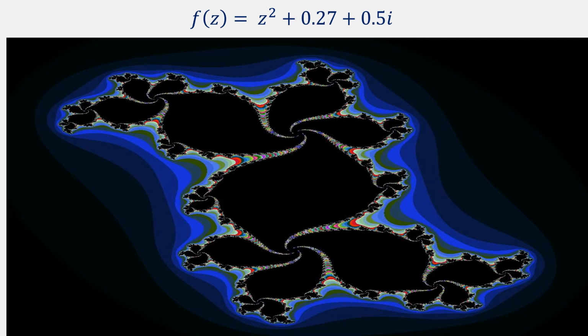So here's an example. Here we have the complex function. We square the input number, and we add this complex constant value in. And when we plot that, the outcome is this form here. So we have the same self-similarity structure that we had with the Mandelbrot set. This object is identical to that object. This object identical to that object. This to this, to this, and to this. So this is quite an intricate form we already have, even though it's just a quadratic function that's being used.